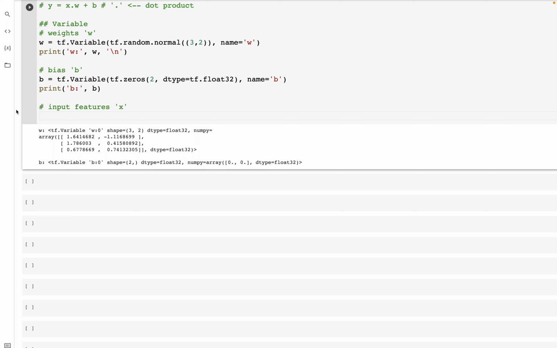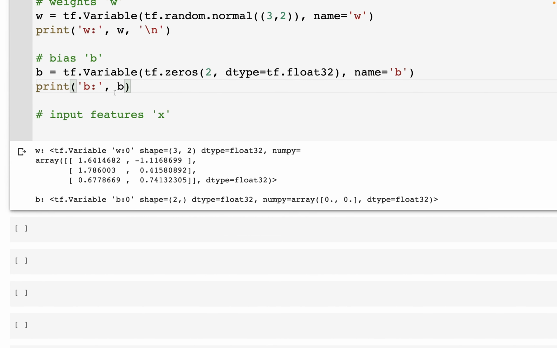Trying to see if I can zoom in on this screen, so maybe you'll be able to see it better. Okay,